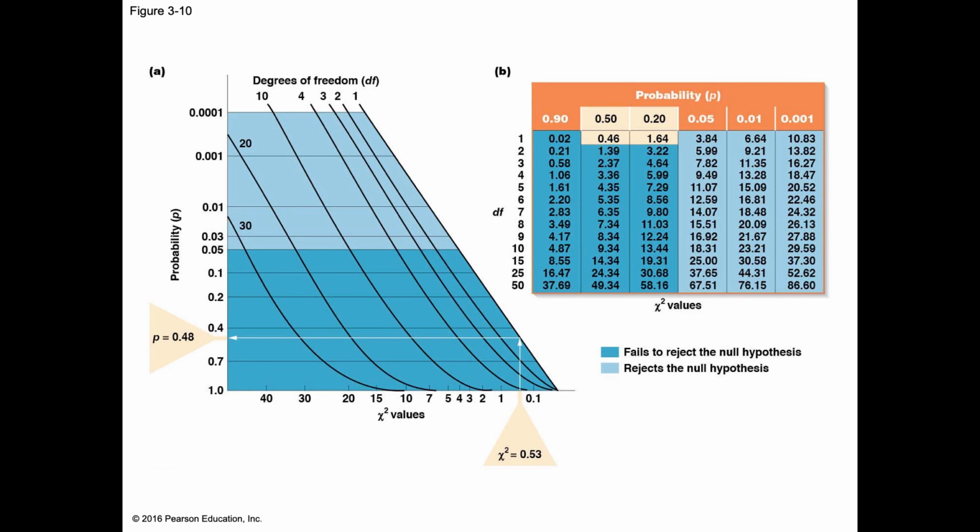So you would look at that chart there, and you look for your degrees of freedom. In our experiment here, our degrees of freedom is 1. So we're looking here, 1. And you're looking in this row where 1 is, and you're trying to find your chi-squared number. Our chi-squared number is 0.53. That's what we calculated over here. And again, you can refer back to the previous slide for exactly how we calculated that. So with 1 degree of freedom, 0.53 is going to fit somewhere in here, right, between 0.46 and 1.64.